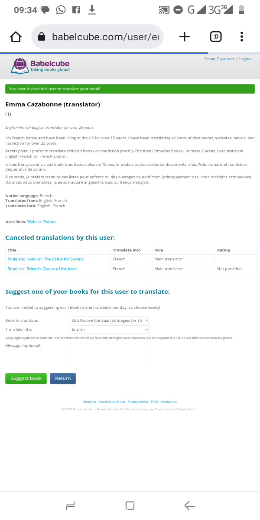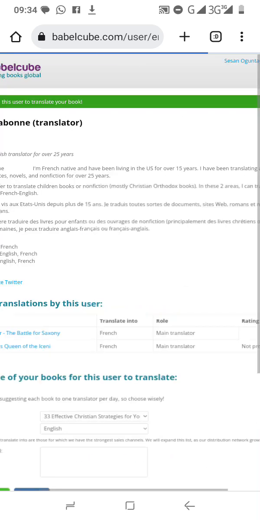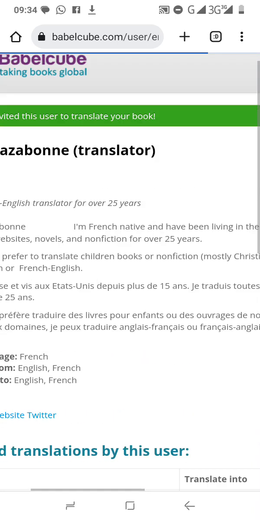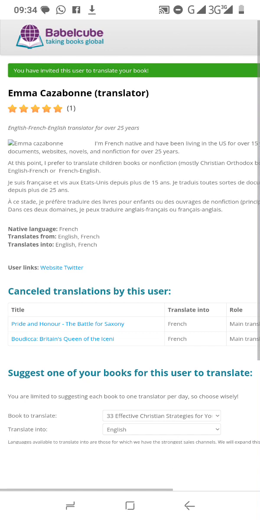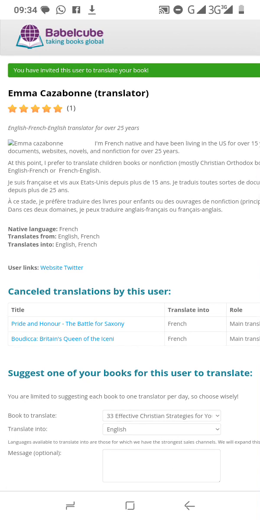Now you will see a notification on top that you have invited this user to translate your book. So that is the way you invite translators to translate your book on Babelcube. I leave you to go through